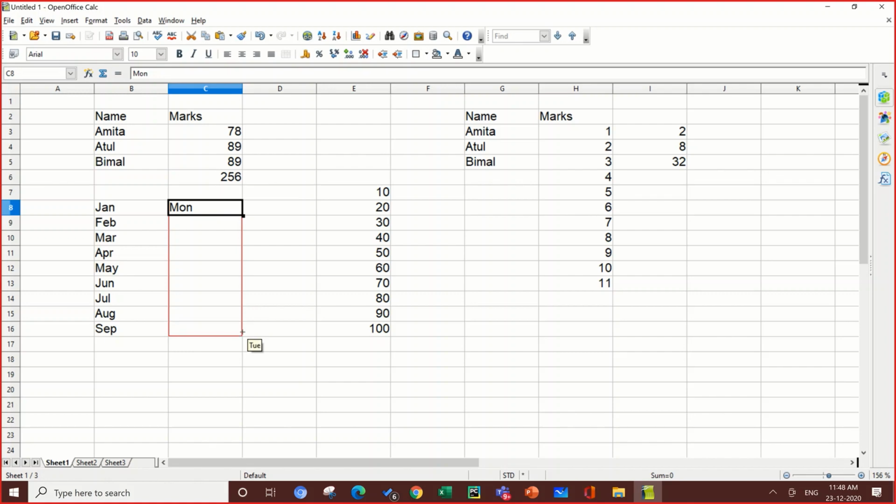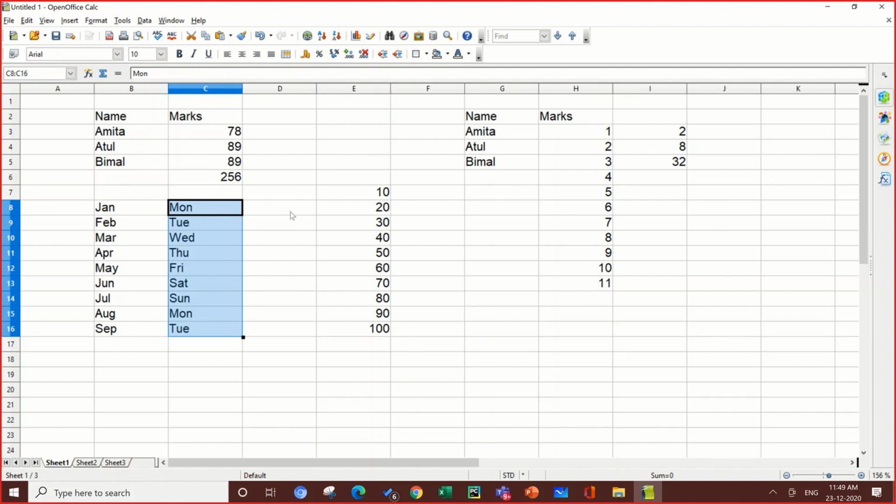So this is giving me weekday names. This is already created. We can enter month names and weekdays by dragging the fill handle. Your list will automatically fill.